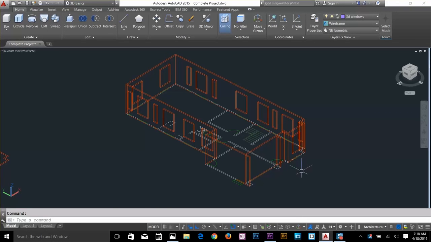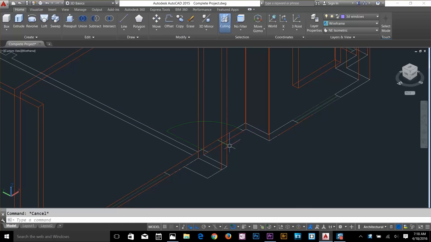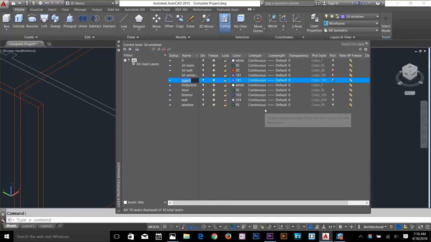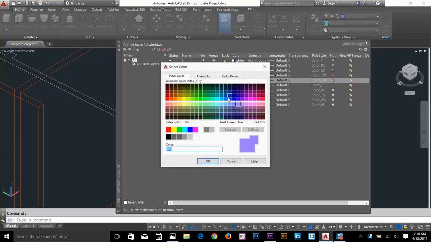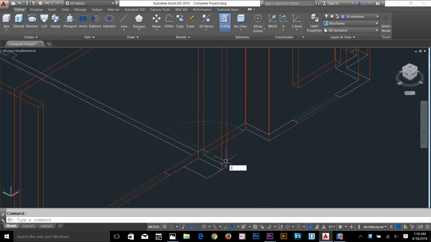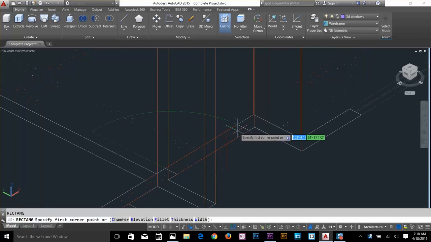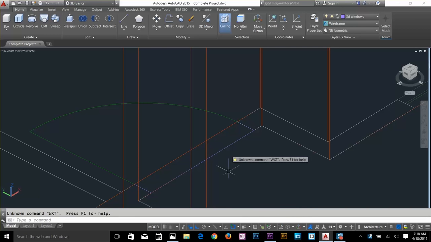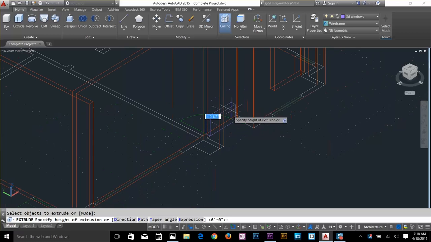So now we cut some edges for our door. That's the same way you do it. You go to your layer properties first, and then make another layer, 3D door, and give a color, any different color should be fine. Make a rectangle, and then extrude that to about, let's say, 8 feet,